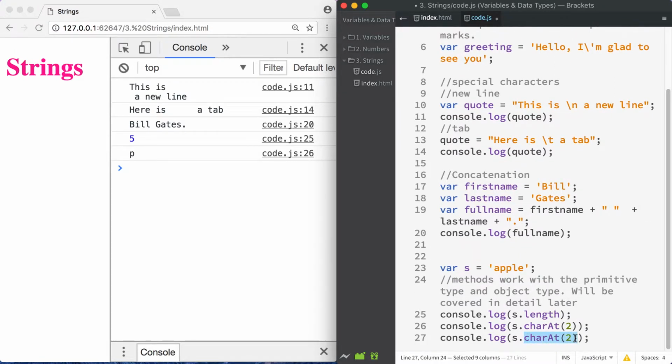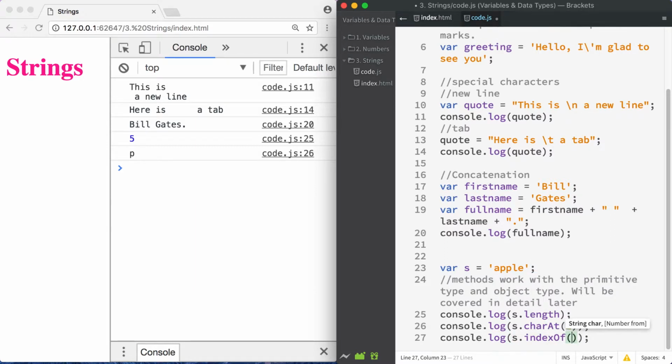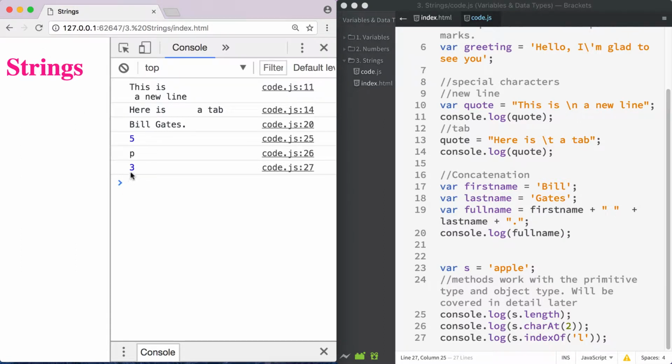Now let's try something else. You can check the index of a certain letter. So let's say index of letter L. So it's going to be index of, and then you specify which letter you want to see. So letter L is at index 3, because if we start from 0, 1, 2, we end up in the